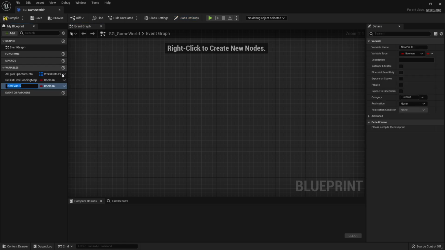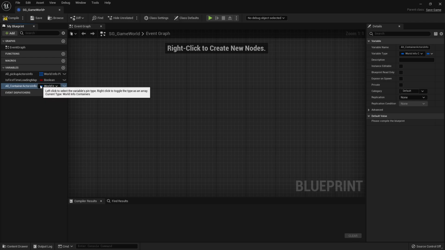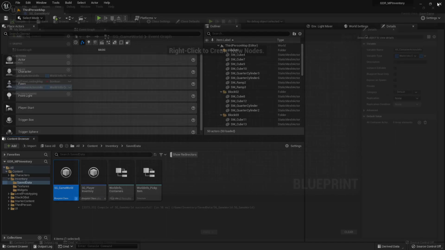So we're going to add all pickup actors, all container actors info. So all container actors info and turn that into our world info for the container. And that's an array again. Compile this and save it as well. So we can now store the containers in a separate array, and we want to go inside of our game